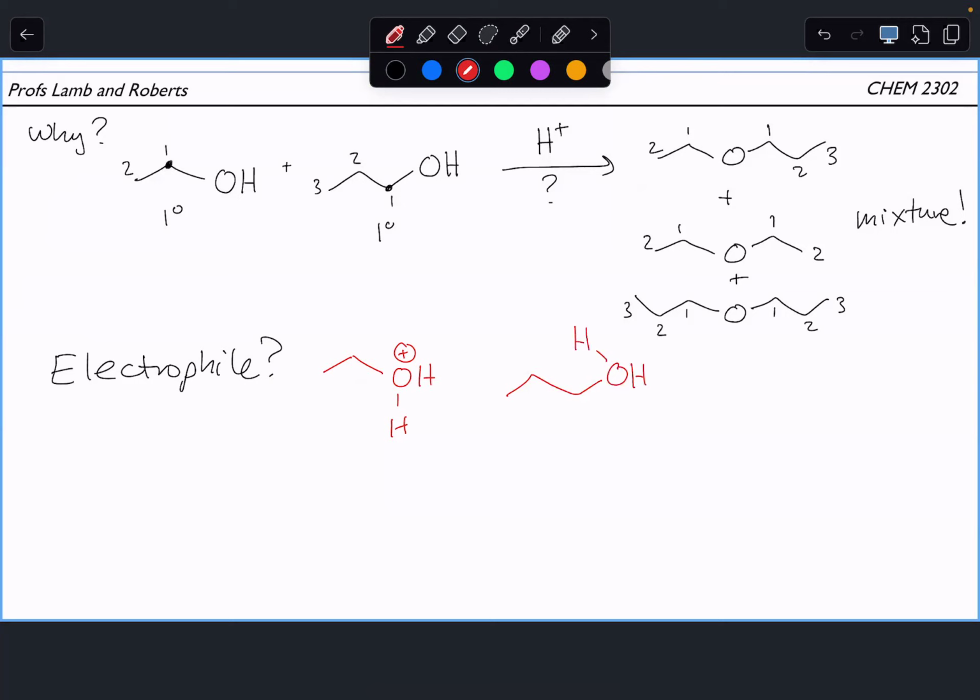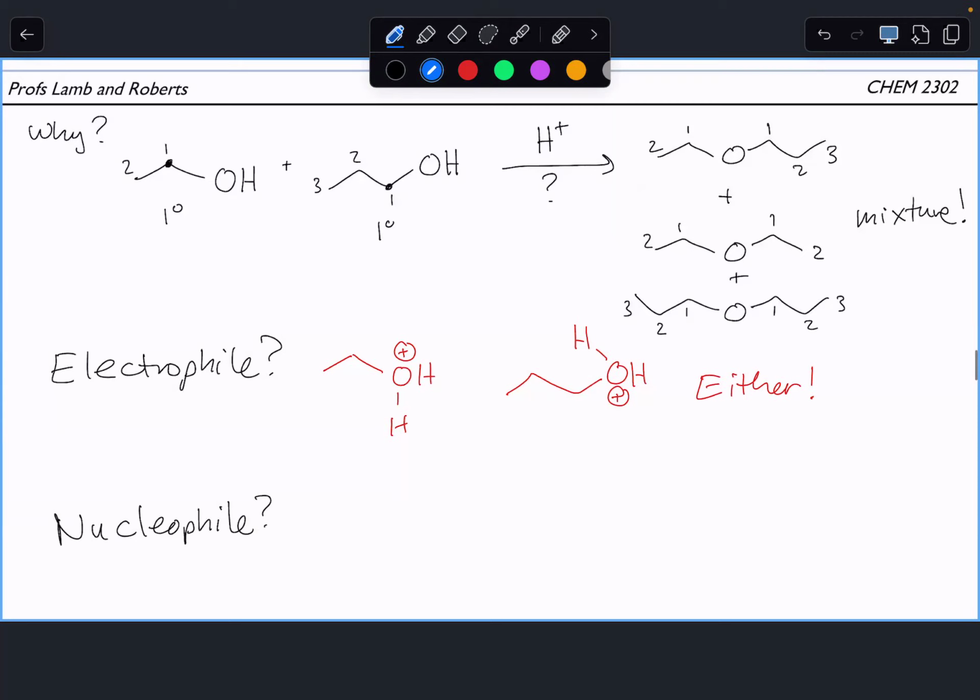If I protonate this one, they're basically the same. So that means that either of our alcohols can be the electrophile. What about the nucleophile? Again, alcohols are nucleophilic, so I could have my 2-carbon alcohol be the nucleophile, or I could have my 3-carbon alcohol be the nucleophile. So again, either of them